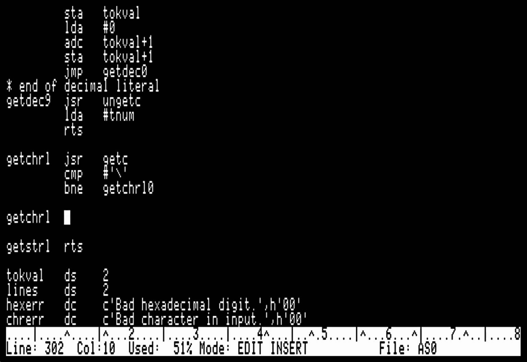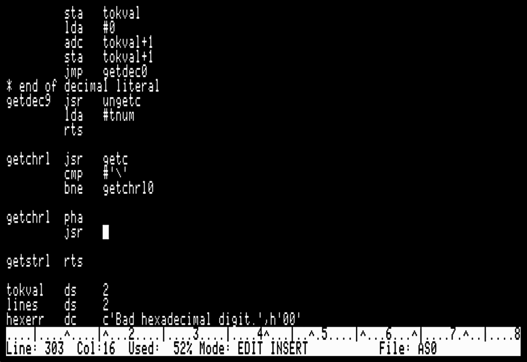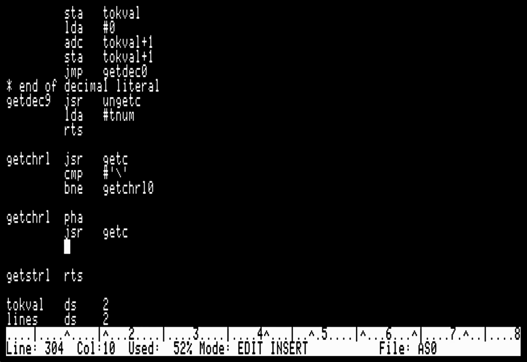If it's not a backslash, then it's the character, whatever it is, that we're going to return in the string literal unless there's some problem. So we'll remember it on the stack for just a moment. Okay, we're going to JSR get C, and we're just going to make sure we get another single quote here,